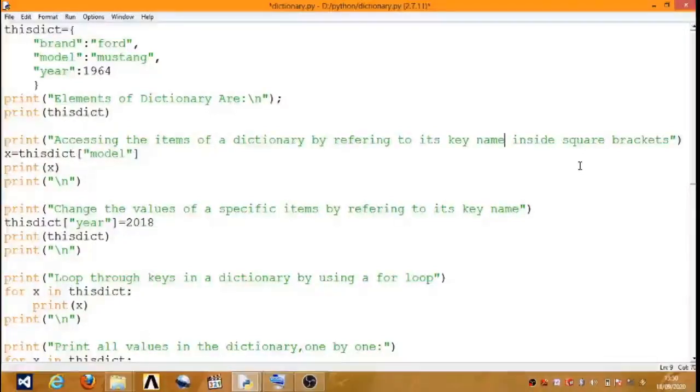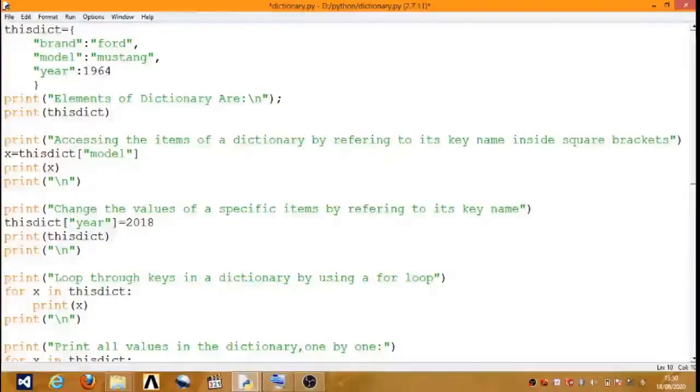So here our key names are brand, model and year. If I pass any key name, it will give us the value. For example, x is equal to district in square bracket, double quote model, close the double quote and close your square bracket.